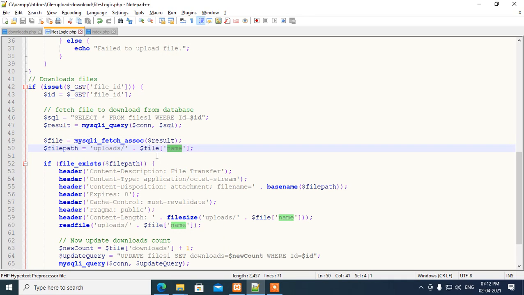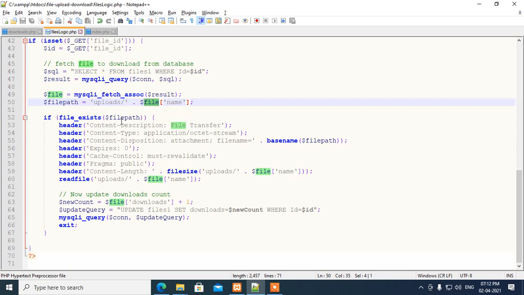I attach it to the path where I already uploaded the files, meaning the location of the file combined with the name of the file. Both are combined and stored into the filepath variable.